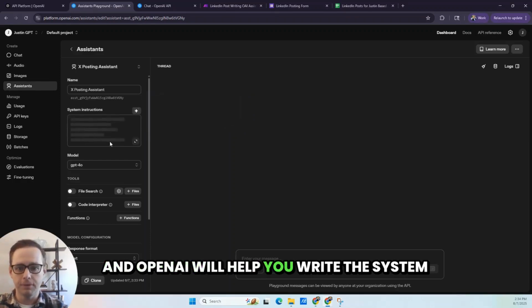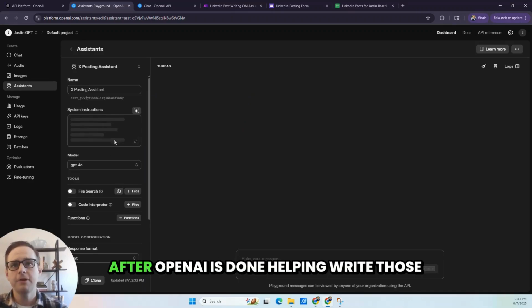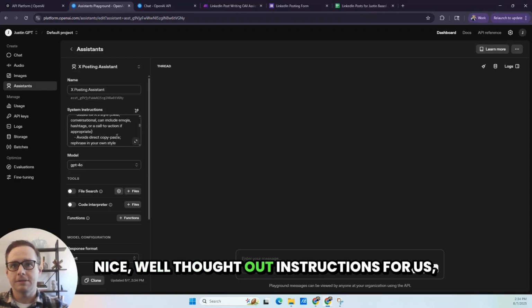And OpenAI will help you write the system instructions for your assistant. After OpenAI is done helping write those system instructions, which here it is, nice, well thought out instructions for us,